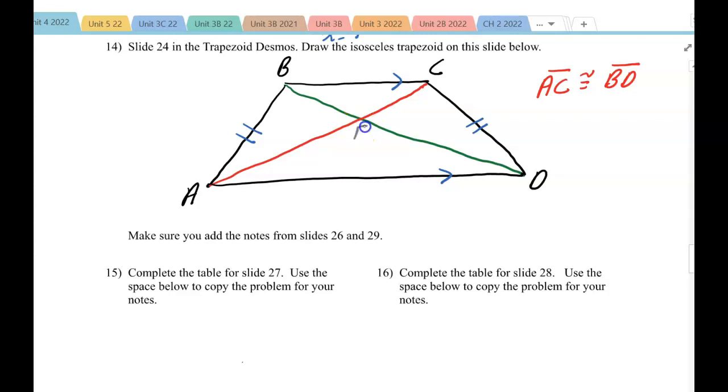What I mean by that, if I label the middle E, BE is the same as EC, so BE is congruent to EC, and in addition to that, AE is the same as ED. So an isosceles trapezoid, not only are the base angles congruent, but the diagonals are congruent, and they form two